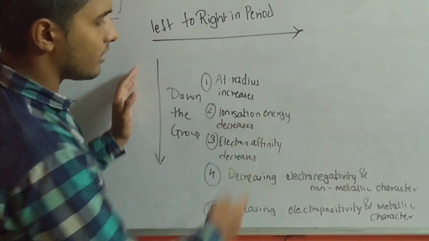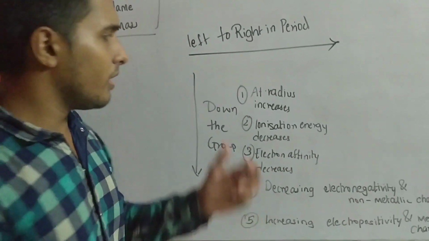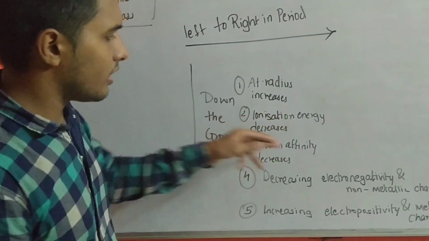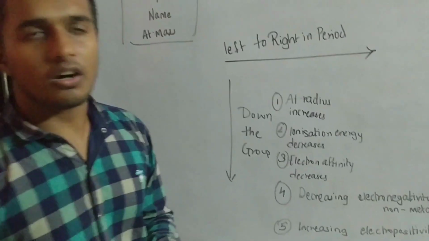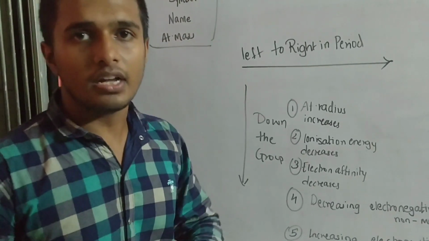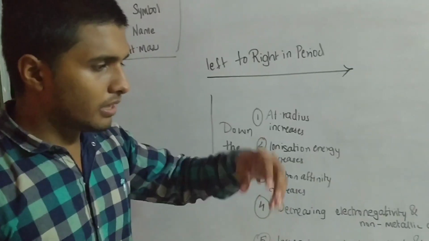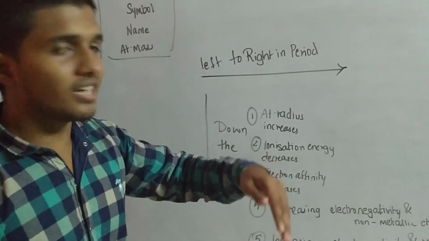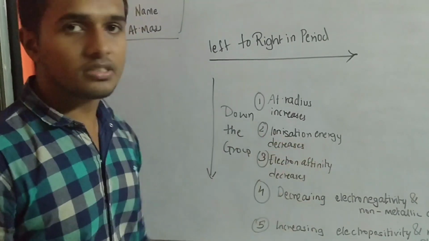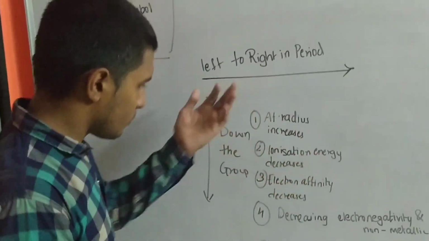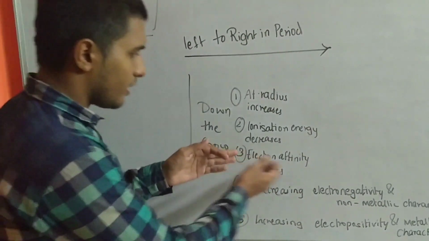Second thing is the ionization energy. Basically this particular part is a little bit confusing and a little bit hard to understand: ionization energy and electron affinity. I will make it understood in the easiest way. Ionization energy of an element is the energy that is required when the element has to donate an electron. At that particular period of time, the nuclear charge gets increased. So the energy that is increased is called ionization energy. It decreases when we go down the group and it increases when we go left to right in a period.